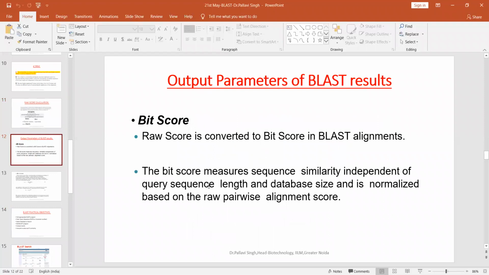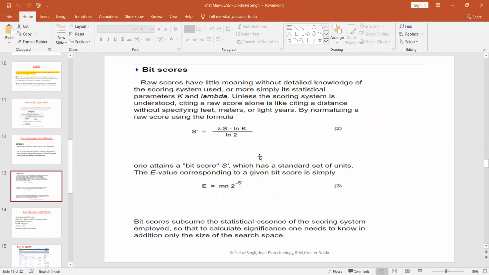So bit score, as I was telling you, the raw score needs to be converted into bit score because it's a normalized score. Raw scores are not calculated using the statistical parameters K and lambda. What happens is that when you are doing your alignment, the score is totally based on the size and search space: what size of the amino acids you have taken and what is the search space of the system in which you have done the calculations.